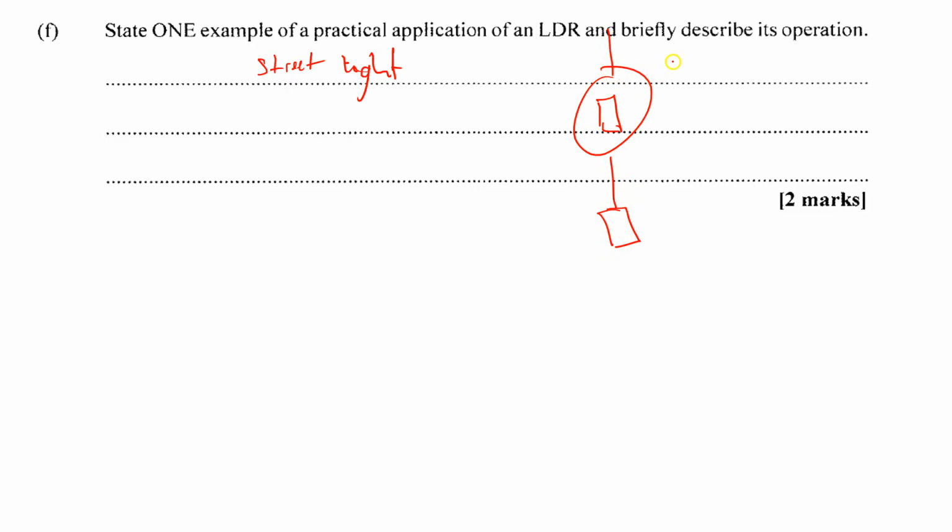So let's imagine it says here that when light is shining on the LDR, the resistance is going to decrease. But look at it now. The street light only turns on during the night. So during the night, what you would realize is that the resistance here is going to be